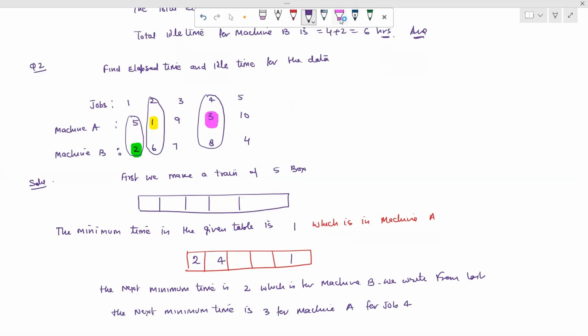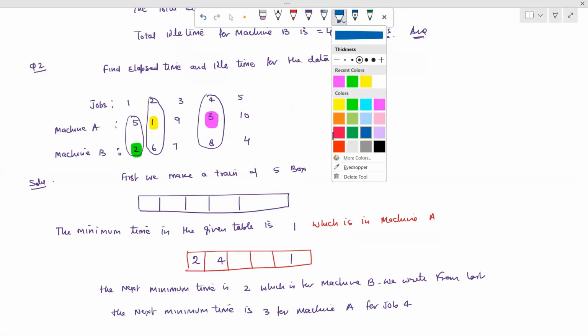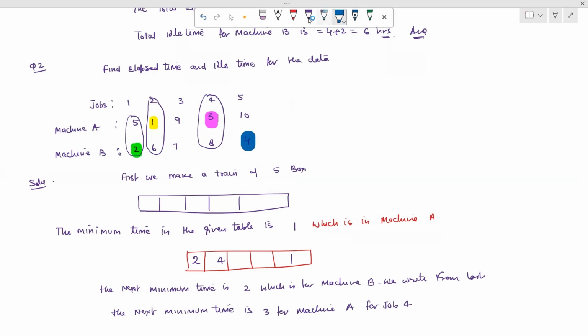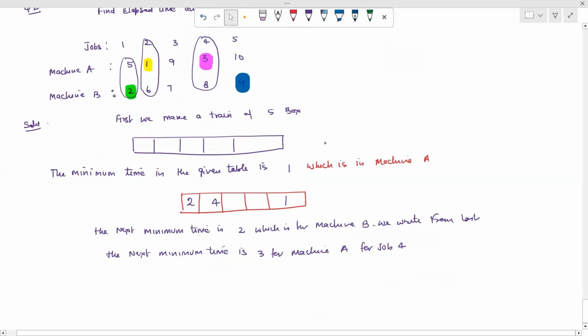Now we move to the next. What is the next minimum time in the remaining two jobs? Here 9, 7, here 10 and 4. So this is the minimum time, so we write down for job 5, for machine B. The minimum time for job 5 is 4,